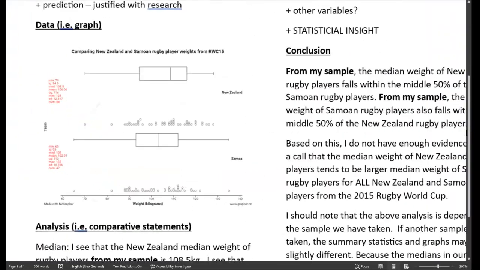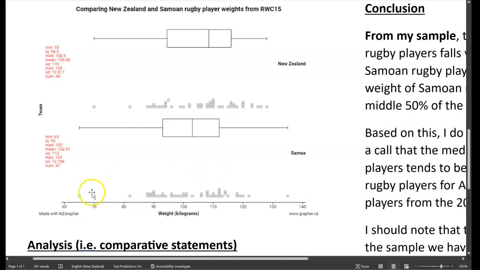If we zoom up on our graph and have a look, this guy over here for Samoa is a 65 kilo rugby player. You can see there's an extreme gap between him and the next player, which is over 80 kilos. So for me, this is probably an outlier. You'd suggest he's probably going to be a little halfback or something like that. But if I ignore this guy, the minimum is actually going to be over here,